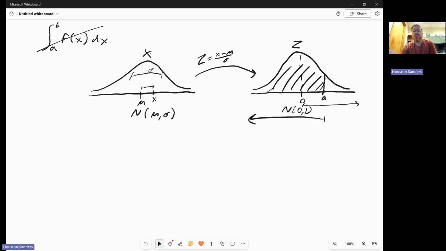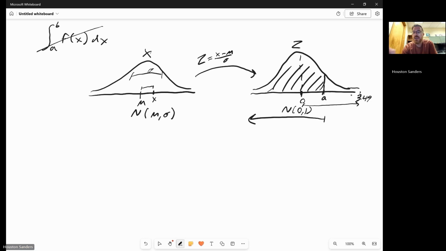I bring this up because we talked in the prior lesson about how to transform to get it into this form. But once you have it in this form, we need to talk about how you look it up in the table. Since all of our values have to be positive, the lowest value on our table is going to be 0. And we're going to have values from 0, and they're going to go up to about